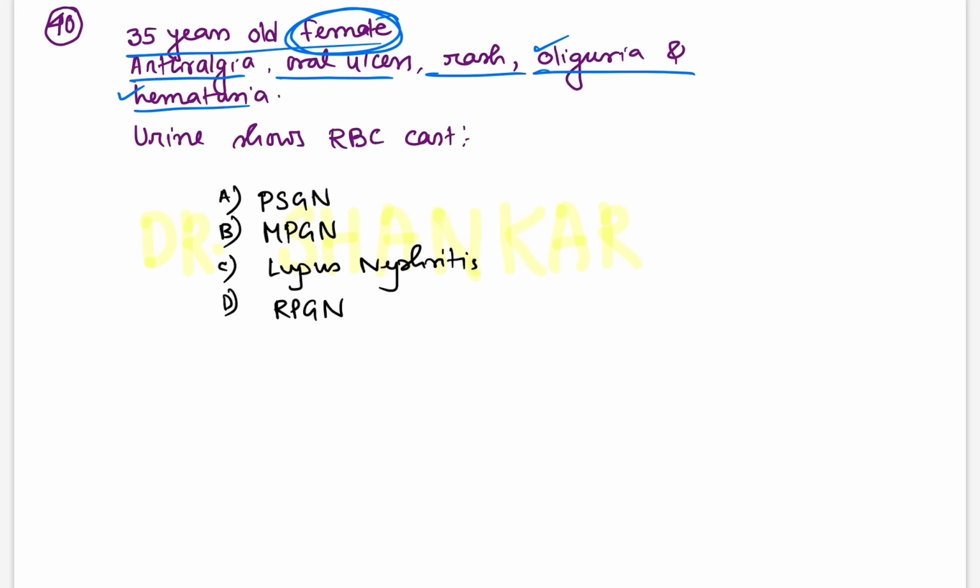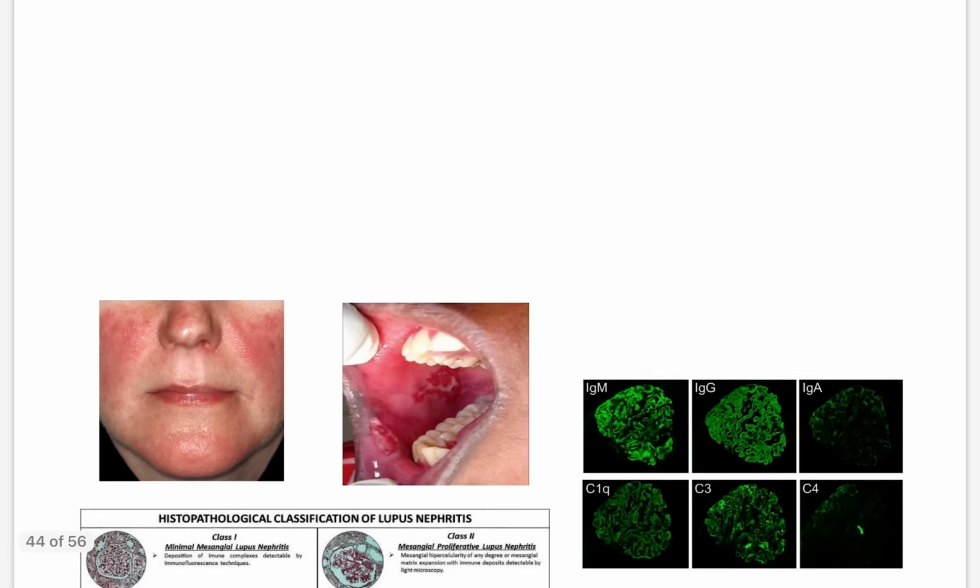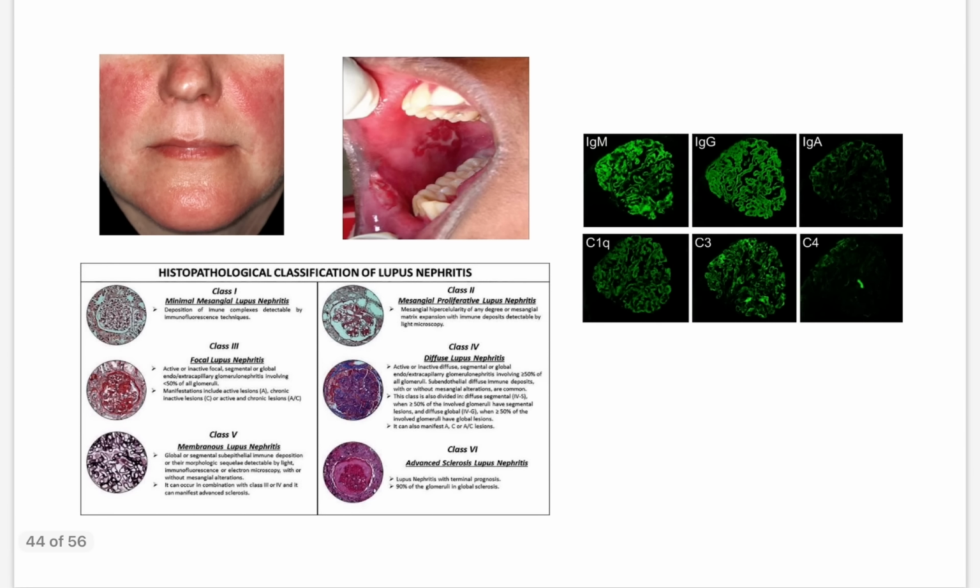This typical case may be seen in lupus nephritis, because female patient with this type of rash, butterfly rash, though the typical rash was not mentioned, but suppose this was a butterfly rash with some oral ulcer, that may also be seen in SLE, with oliguria, hematuria, maybe a case of lupus nephritis